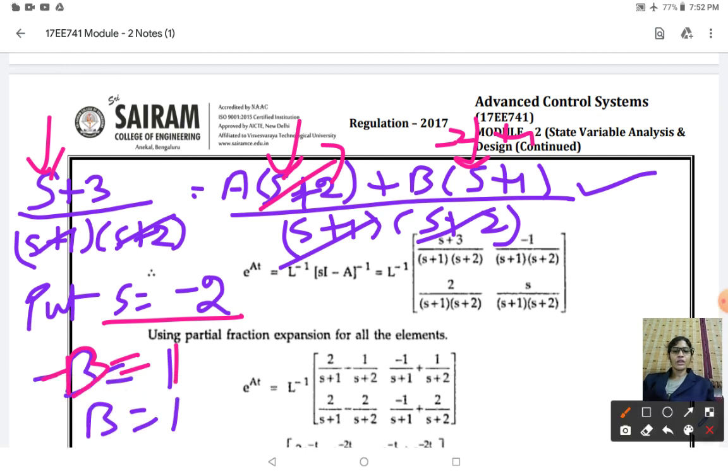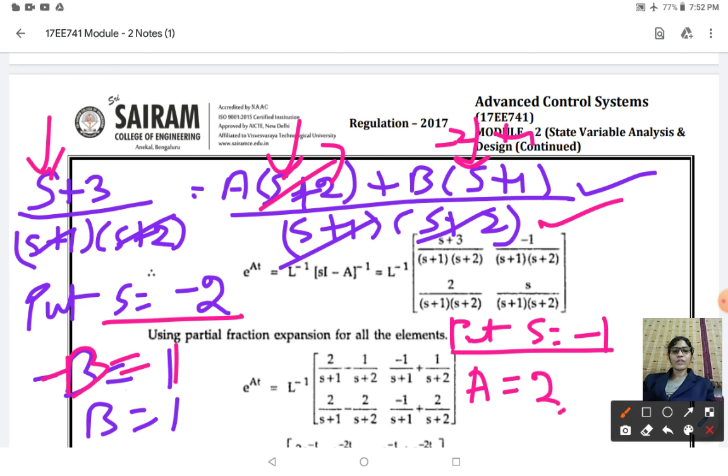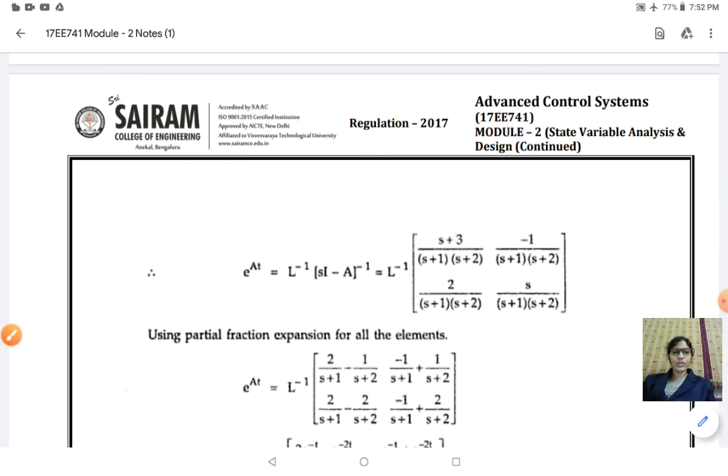Okay. Next one, in the same equation, you put s is equal to minus 1. When you put s is equal to minus 1, here the B term will get cancelled. Then here you will be getting A is equal to 2. Therefore the value of A is going to be 2 and B is going to be minus 1. So after identifying, you can see over here, wherever you have A in this equation. So now according to the problem what we had written,